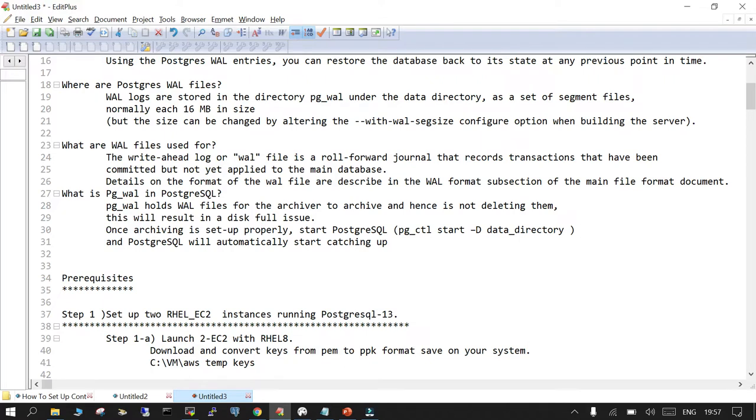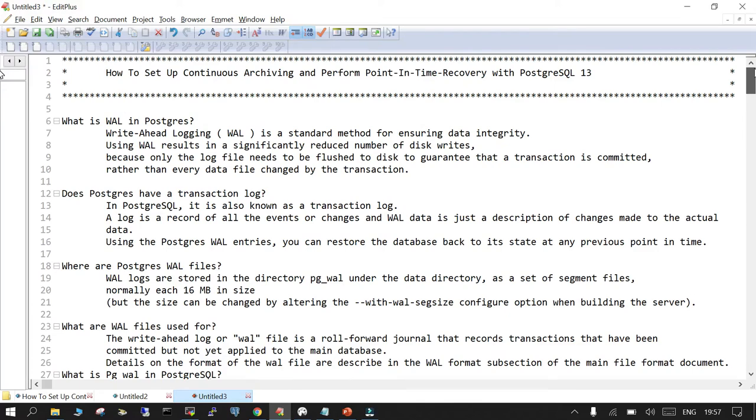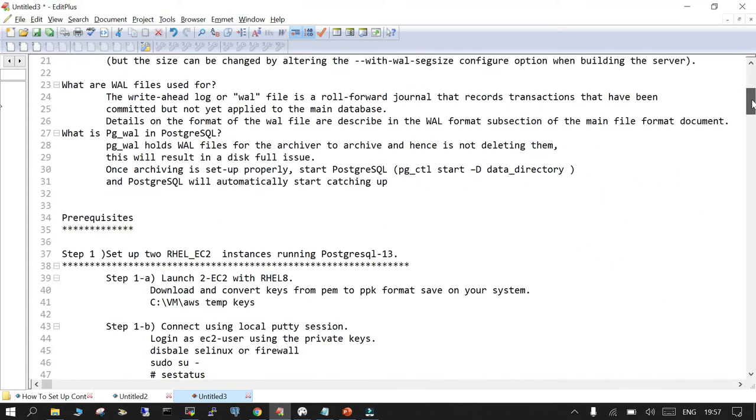We are going to set up our environment in such a way that we will take a backup and restore it using those transaction logs to a point in time, to a consistent state. We already know there are the pg_dump and pg_dumpall utilities which can take a backup or snapshot of the database at a particular point in time, but anything which happens after that will not be recorded. So to perform continuous archiving and point-in-time recovery in PostgreSQL, we are going